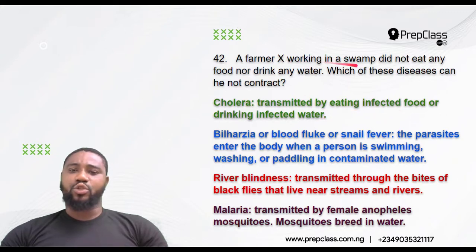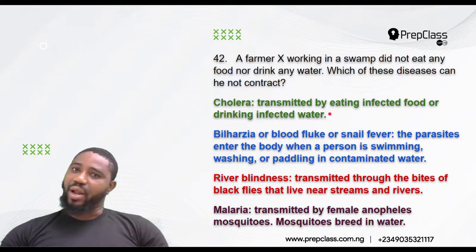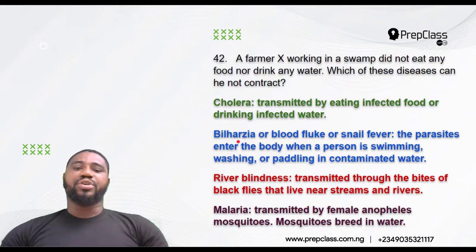So the farmer works in a swamp. Let's assume that that swamp is infected with vibrio that causes cholera. So the farmer did not eat or drink in that area, either from the swamp or from anywhere. He will not contract cholera. That's the truth. Bilharzia,